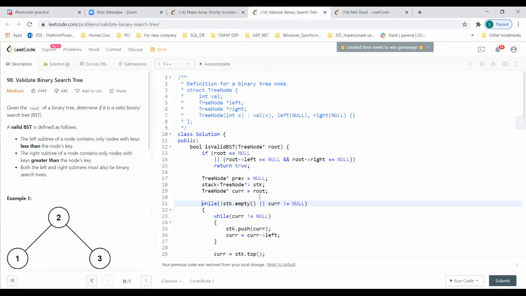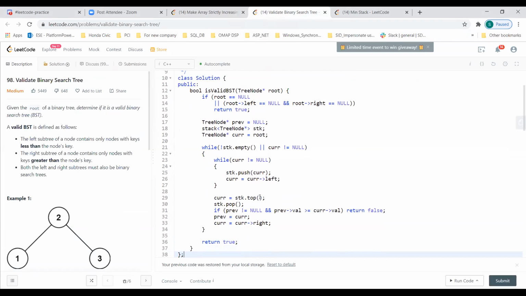So this is the way we, in this case, still maintain one additional prev. Then we have a stack, and this is the current which is assigned to the root, and then we go through this while loop. So always first get all the left nodes, then you pop out from here.